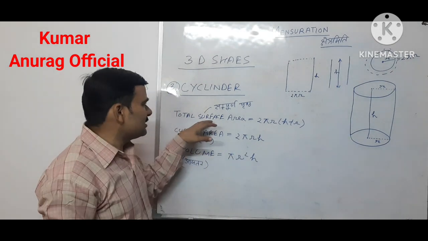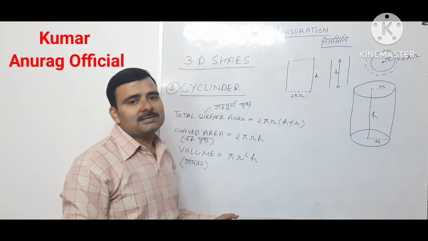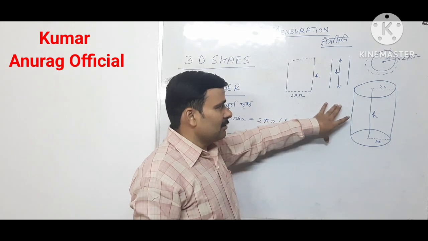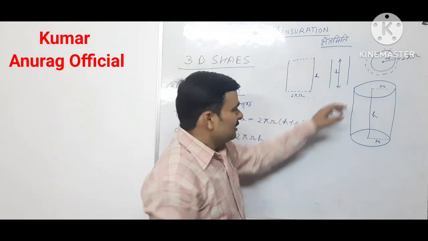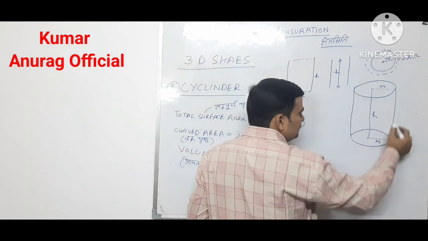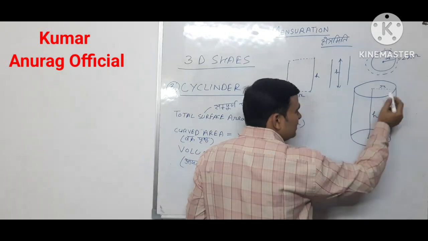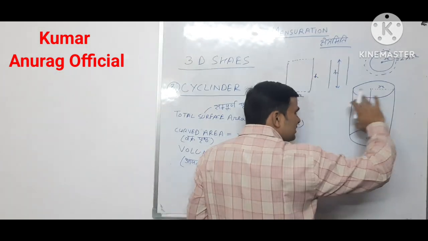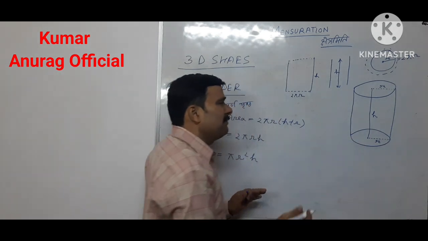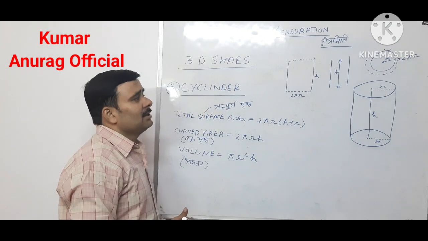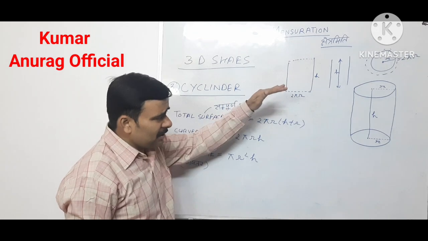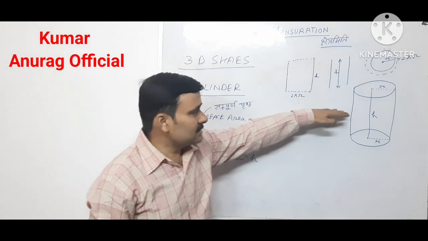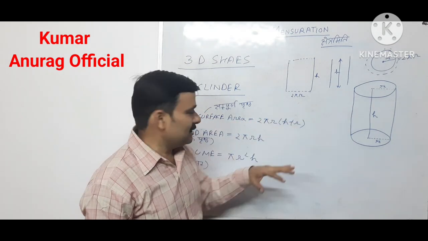Now if we discuss the total surface area of the cylinder, we have two things: this part and both circles. So we have three parts: the upper circular part, the lower circular part, and this curved part. We have total surface area, and